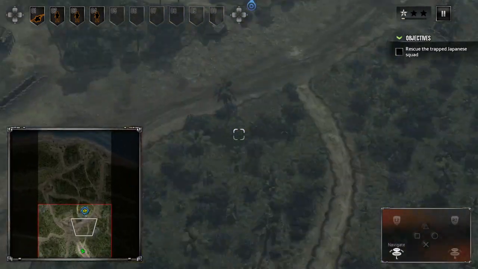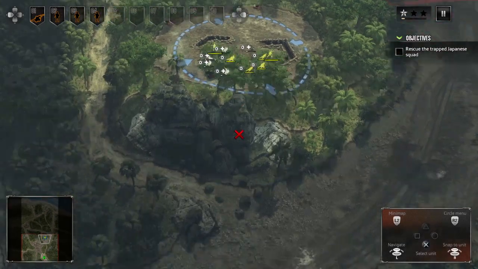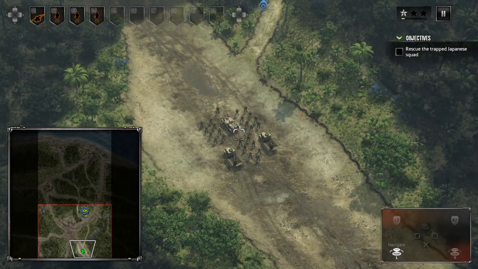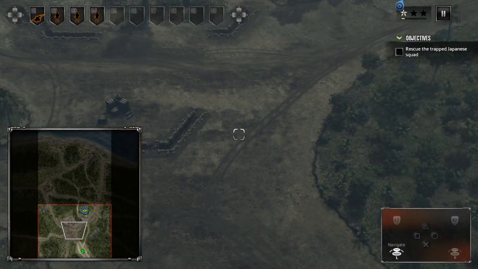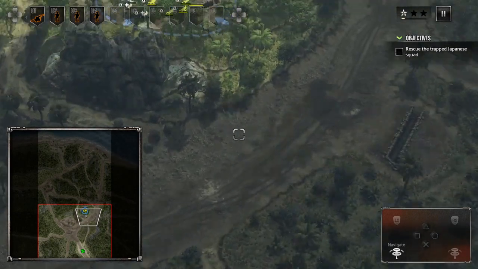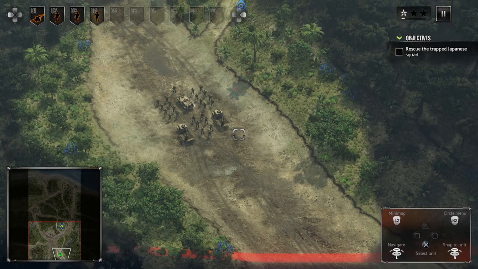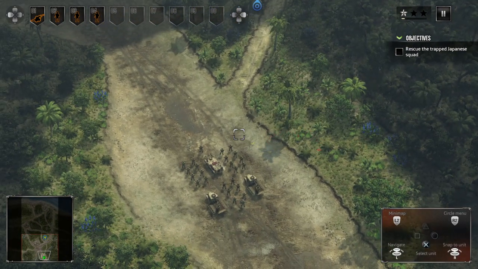Where have we got to go? We've got to rescue these guys who aren't doing very well. Okay. And what have we got in between us and them? So we've got this road. That'll be a defensive position there. So this road looks pretty good. Right, so what we want to do first is send some scouts forward. So let's create... Oh, have we got...